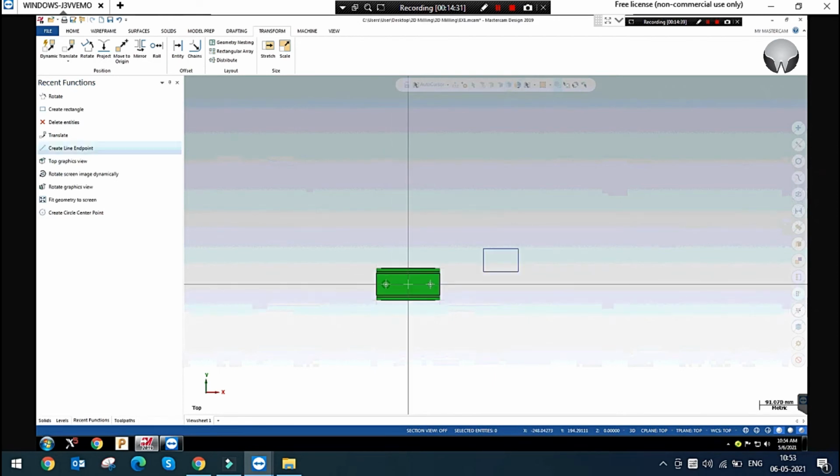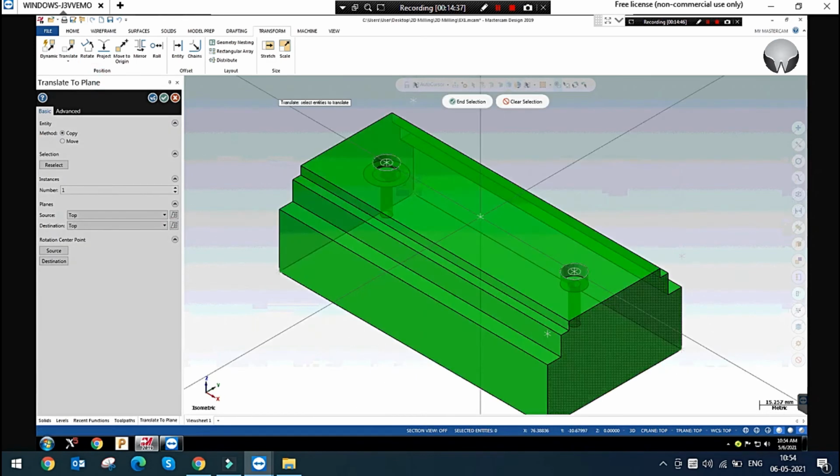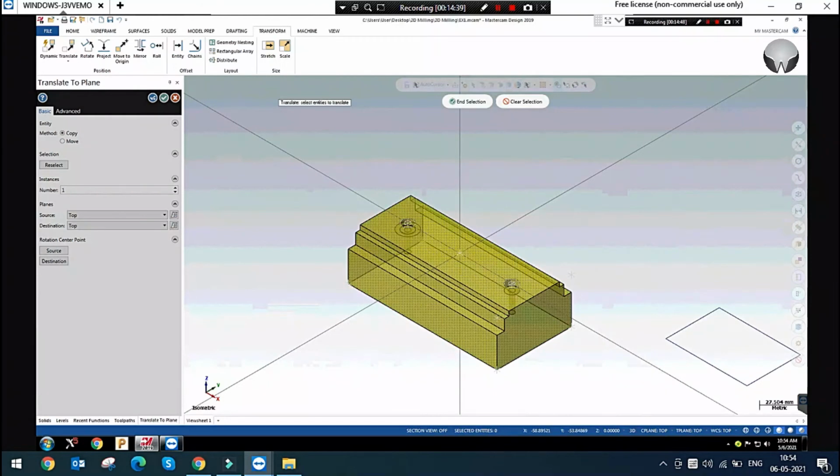So next, translate to plane. In this case, we can simplify the model, translate to plane, top plane to front plane, top plane to bottom plane. Which plane do you want? You can simply translate. So now I have selected my model and given it selection.